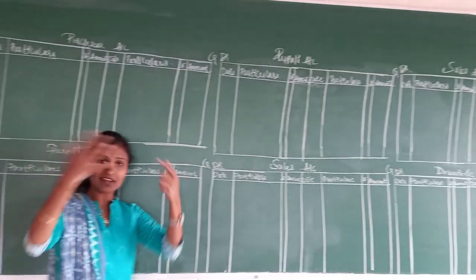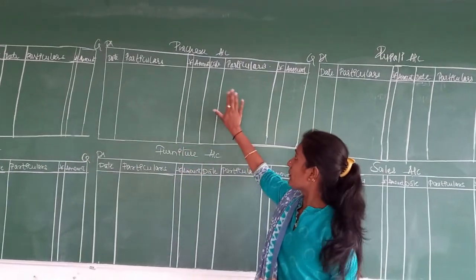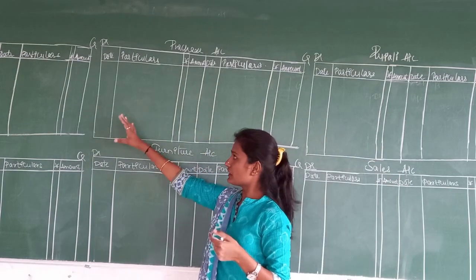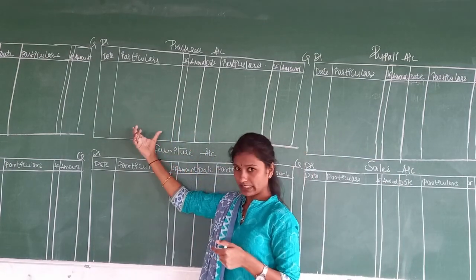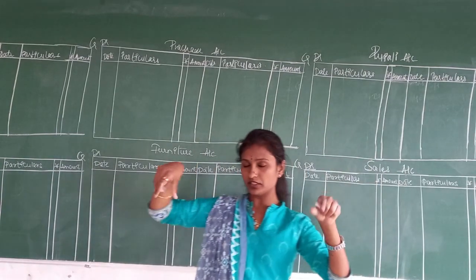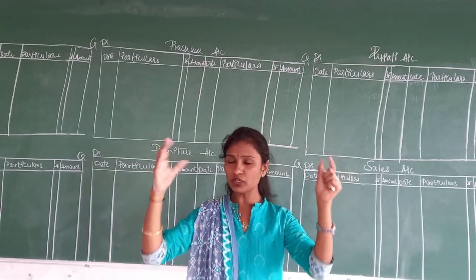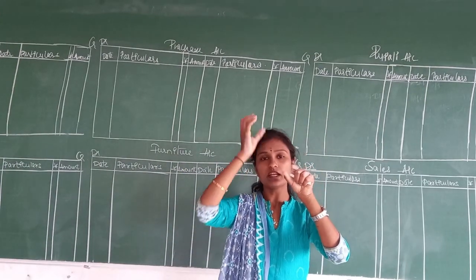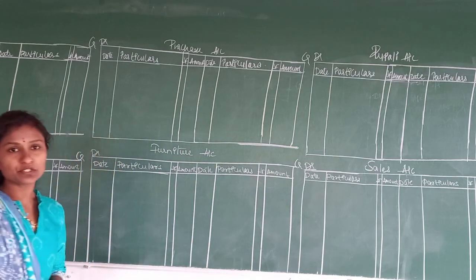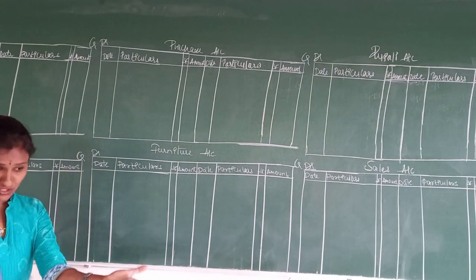So as I told you, cover your page, right? If you are doing one account, these accounts should be in one page. So take it half and half, right? Half is for the debit side, the other half is for the credit side. So don't waste your pages, right? Full in one page only, you need to draw a table. Clear? That is an account. So now we need to post the ledger accounts by seeing the journal entries.